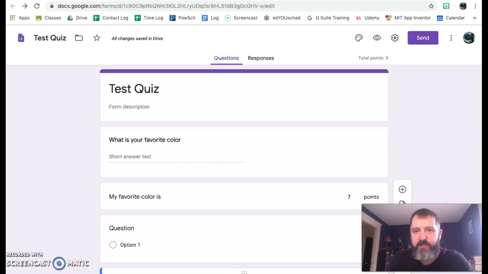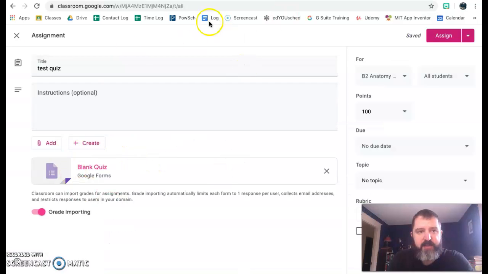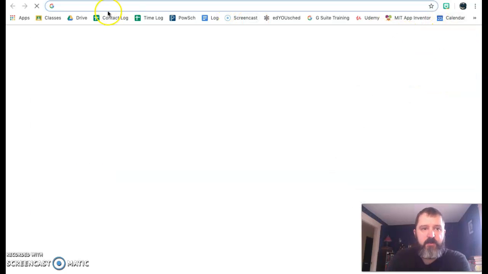You can just close this tab and go back to your classroom assignment. And then this will say blank quiz still, which is a little bit confusing. But just know that it will update, but when you hit assign, it will update the name to whatever you changed it to when you clicked on this form. Alright, so then you can hit assign, it'll go to all of your students,